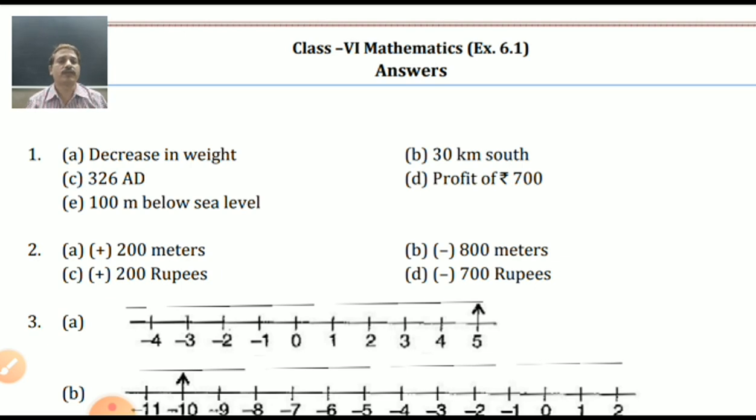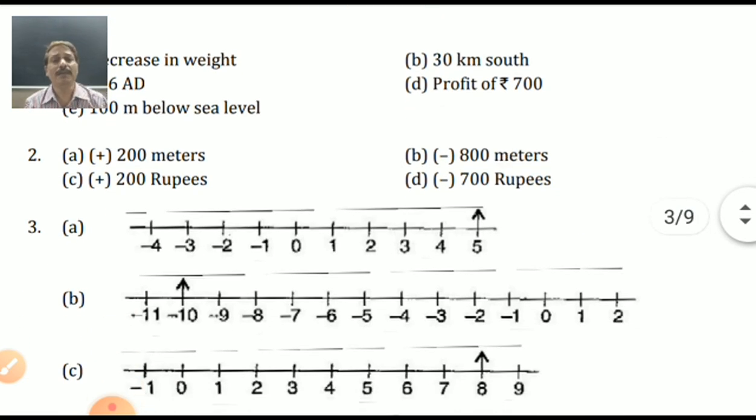Yes, very good students. See, number lines are written here and you are showing 5 on number line with the arrow. B. Minus 10 on left side. Yes, my dear students. You can show it like this way. You can put the arrow both sides, no problem. C. 8 is on here. Is it easy or hard? Can you draw number line with the help of?